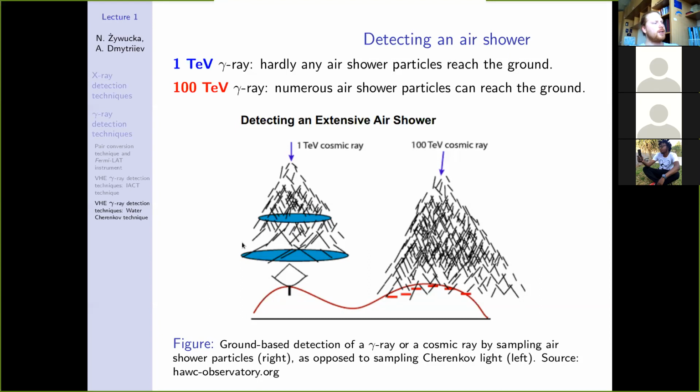meters in radius. So the IACT technique, the Cherenkov telescopes, they sample the Cherenkov light that is arriving on the ground level. And by the shape of the shower, they discriminate gamma rays from cosmic rays, so charged particles. And by the extent of the shower, you remember I was showing, they can reconstruct the arrival direction. But for a 100 TeV cosmic ray or gamma ray, the more the energy, okay,